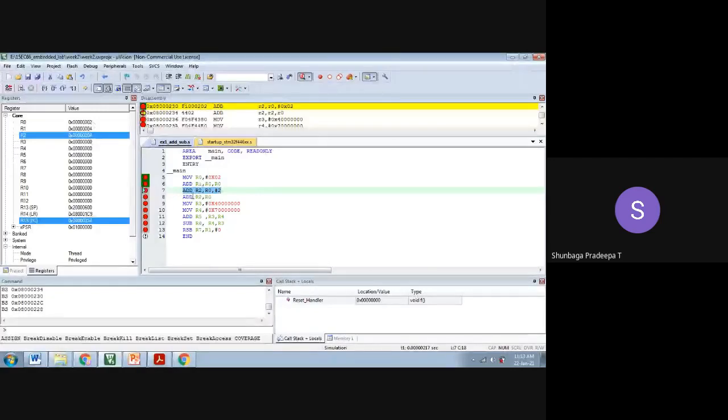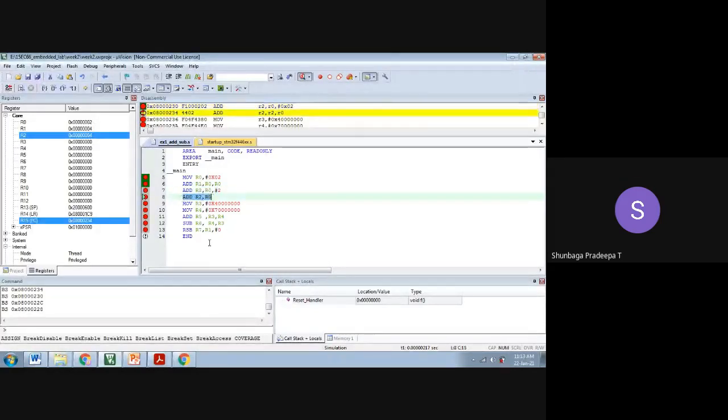What is your next instruction? It is ADD R2, R0. R2 is added with R0 and the result is again updated in R2. What was R2 earlier? It was 4. With 4, the R0 value, which is 2, is added and updated in the same register R2 itself. You can see that the value earlier, which was 4, is now replaced with 6. But R0 still maintains the same value. We are not troubling the R0 register. Is it clear, all of you?